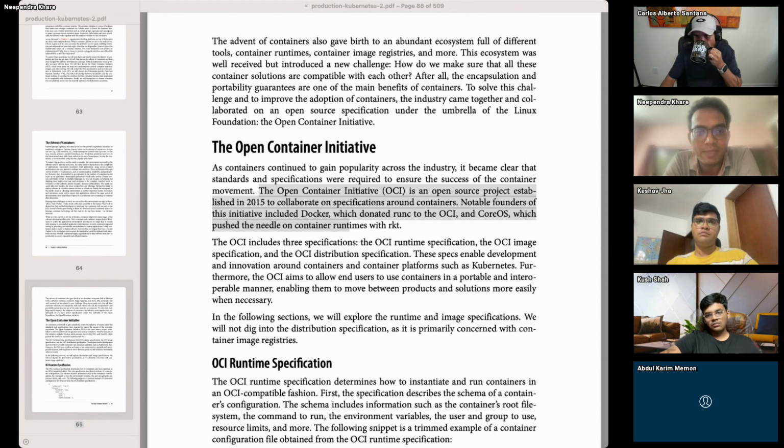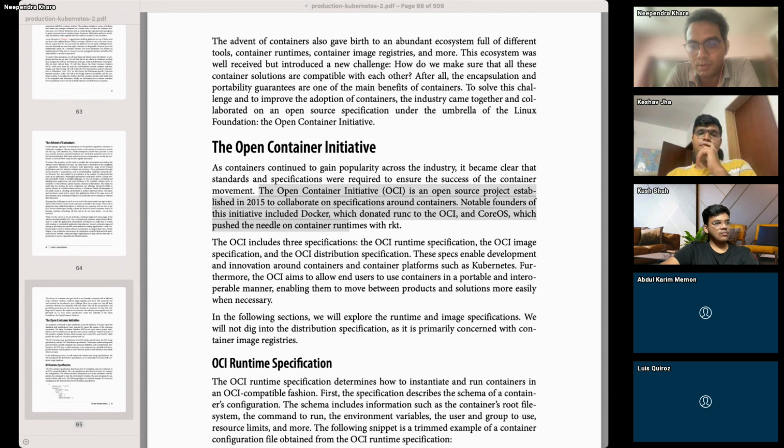So people were saying, why do we need Rocket when we already have Docker? It's to make sure that we can have an alternative. That's how we do it in the open source ecosystem: we should have alternatives, and a way where all things are defined in the right way. So that's when the OCI, Open Container Initiative, came,